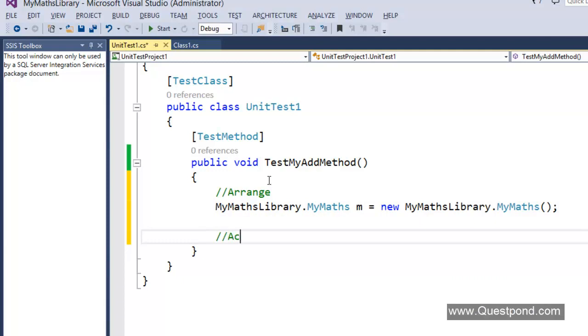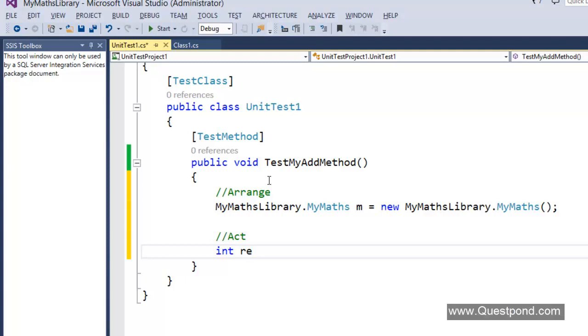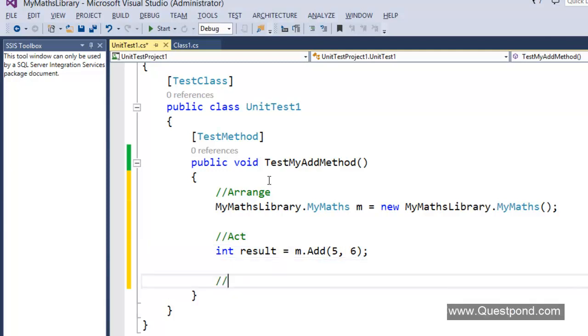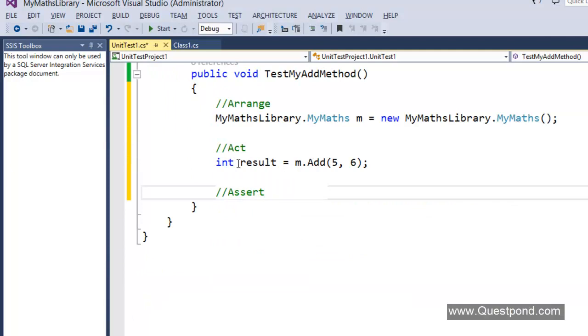Second step is act. Act means execute, where we will store the response or the return value in some variable: m.Add, and we will pass some dummy values. And final one is assert, where we will compare the response or the return value with the expecting value and confirm that our code is working fine.